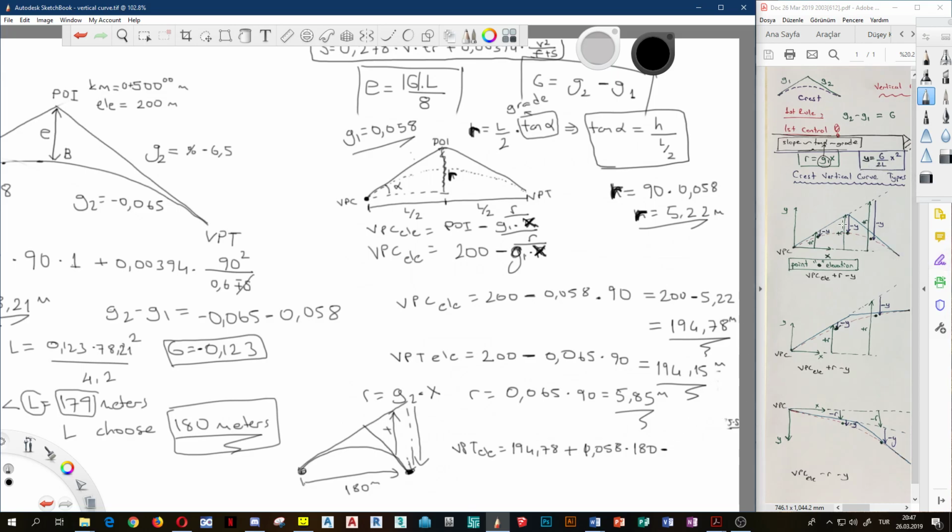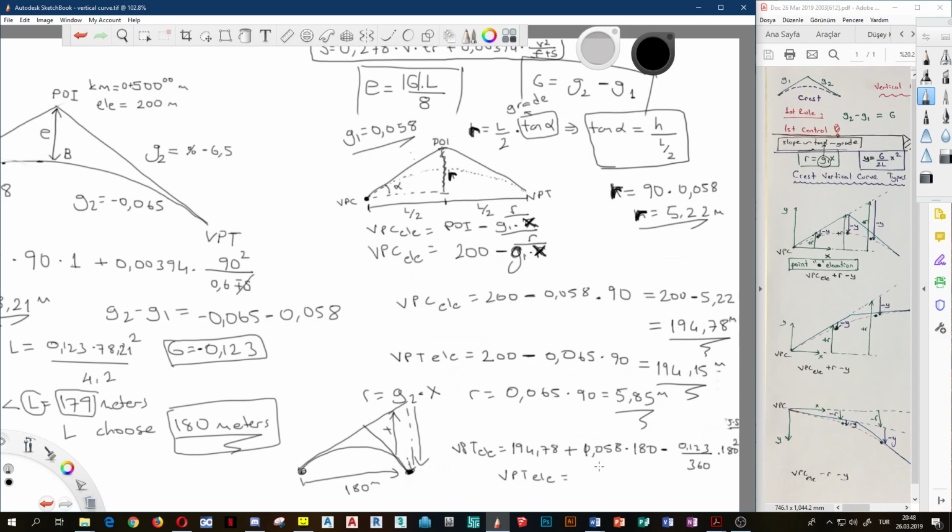Y is g divided by, what is the g value? The g value is here, 0.123, divided by 2 times L. What is 2 times L? L is 180, so 2 times L is equal to 360, times x squared. What is the x value? 180 squared. And with the calculator, VPT elevation is equal to,